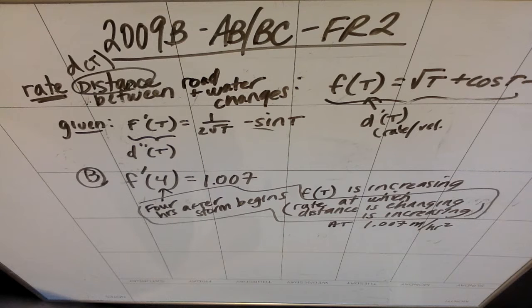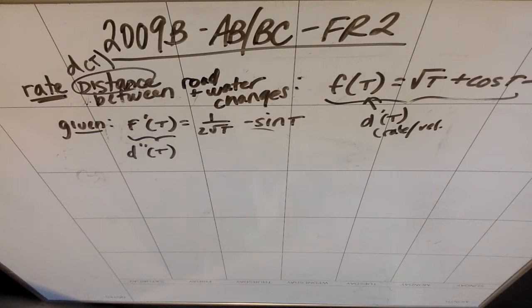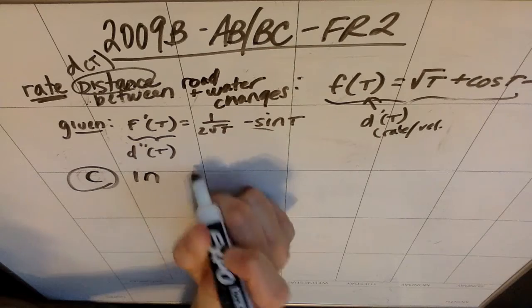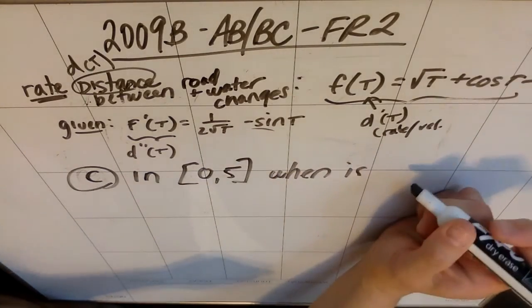Okay, part C. At what time during the 5 hours of the storm was the distance between the road and the edge of the water decreasing the most rapidly, right? So when essentially what you want is the max of f of t, right? So when let me give myself some space, right? So what they ask you is in the window from 0 to 5, right? So part C, right? In the window from 0 to 5, when is the,